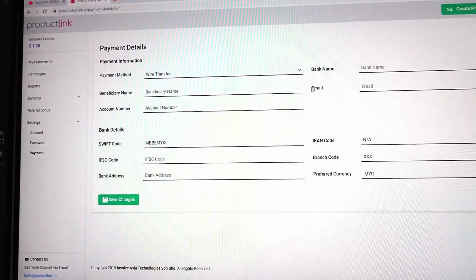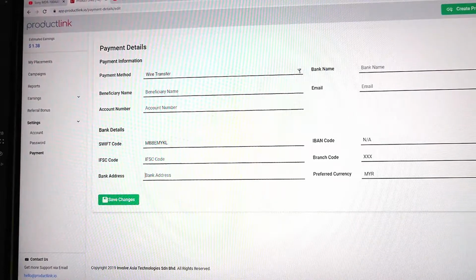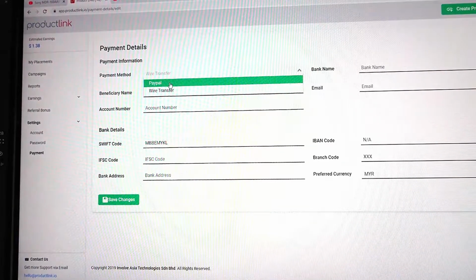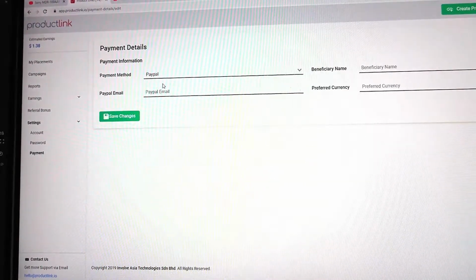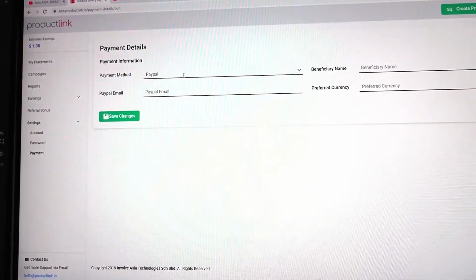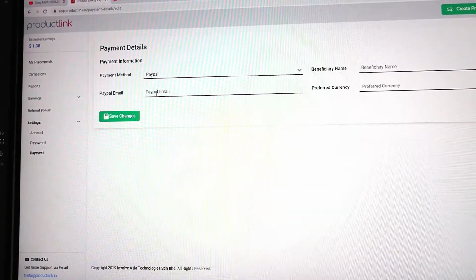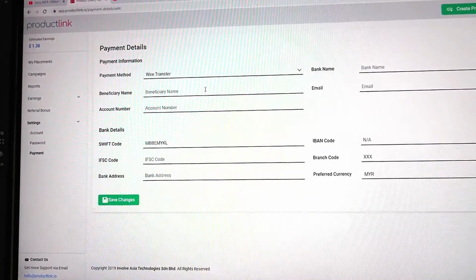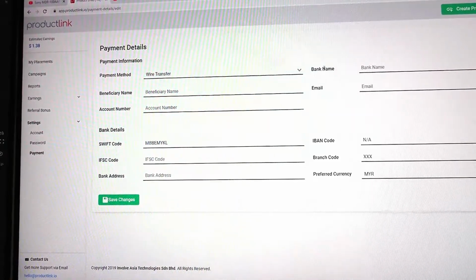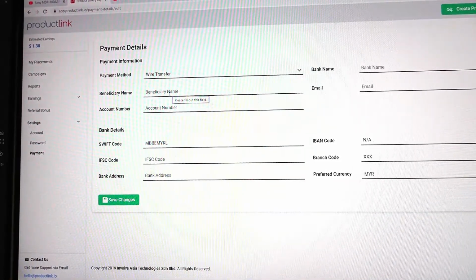In ProductLink, you will get paid in two methods. One is PayPal, or one is wire transfer. If you have a PayPal account, you select PayPal and you fill in the necessary information. It's just a PayPal beneficiary name, your PayPal email, and your preferred currency. If you select wire transfer, then you have to fill in your bank name, your beneficiary name, your email, your account number, and your bank SWIFT code,